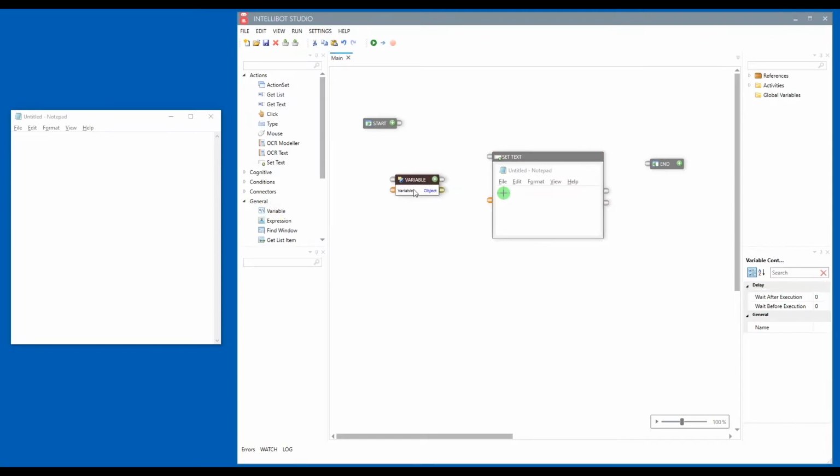text. Double-click on it, to set the text and type the text that we want to send to the Notepad application. To complete this automation all we now need to do is, connect the control ports and data ports in a logical order. As you can see we have now connected the default start component's control out port to the control in port of the variable and control out port of the variable to the control in port of the set text component. This tells the studio, to first declare a variable with the value welcome to Intellibot, then execute